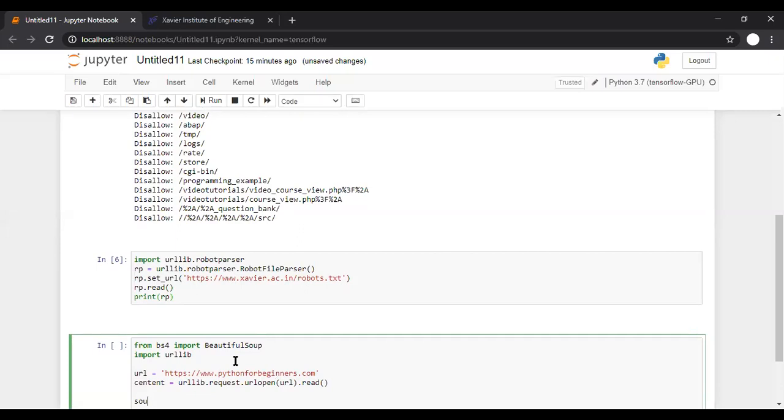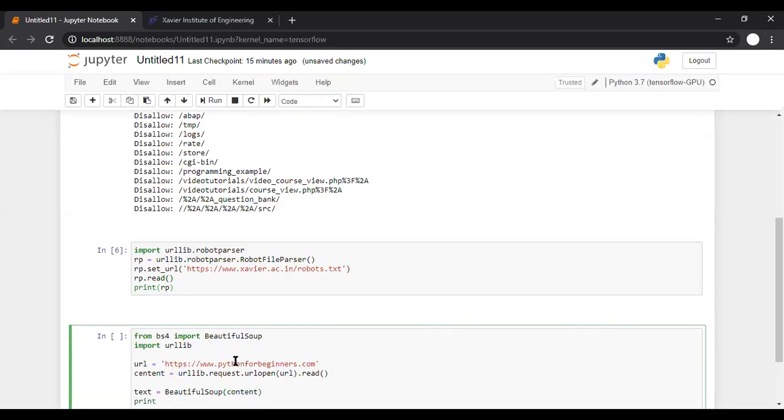Let's say text or file content is equal to BeautifulSoup, and to that pass the content, and then let us print this text.